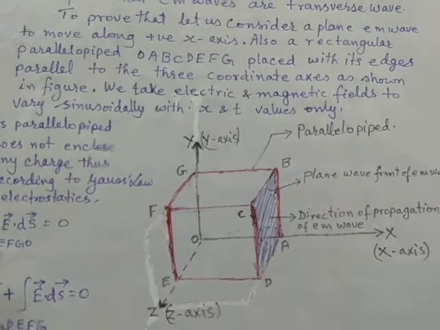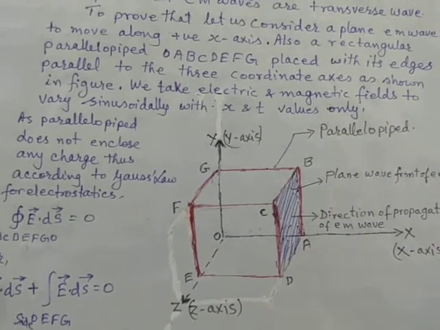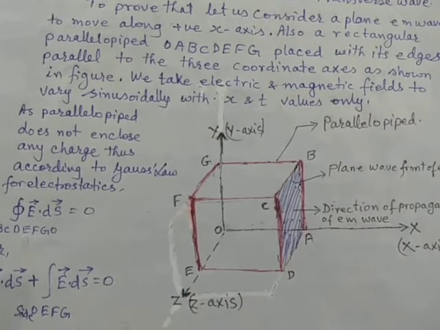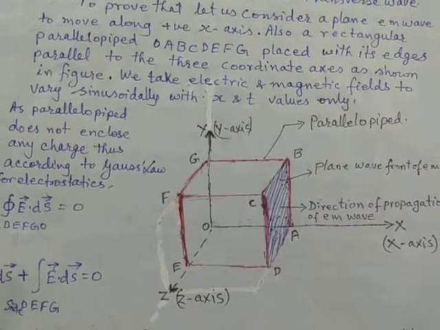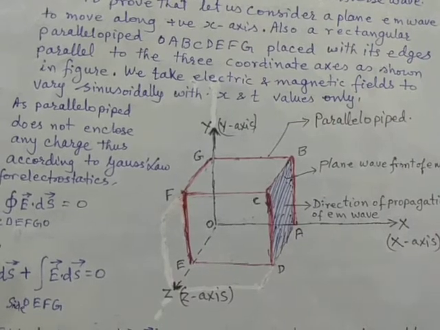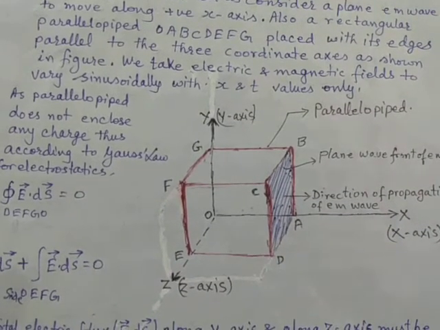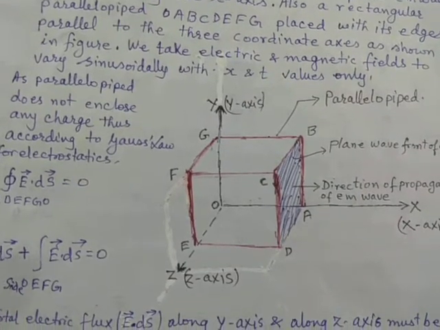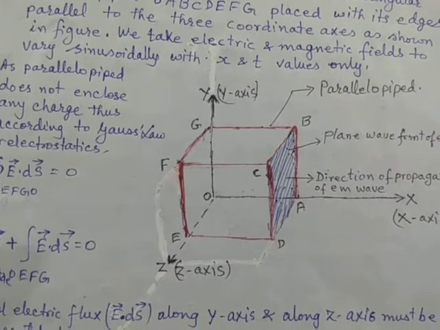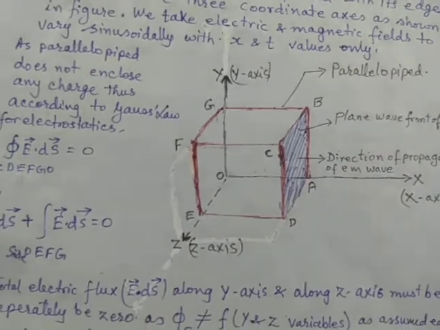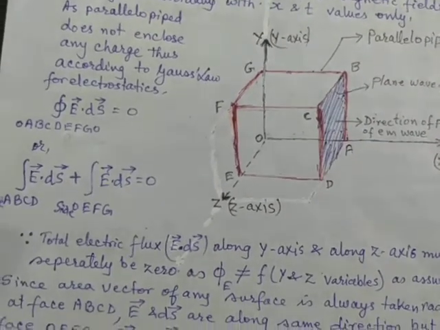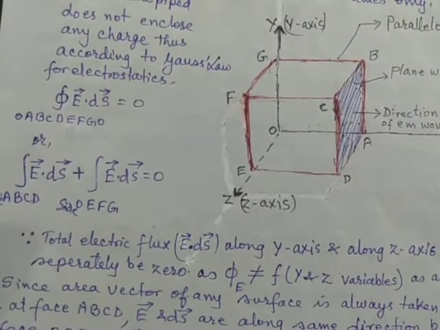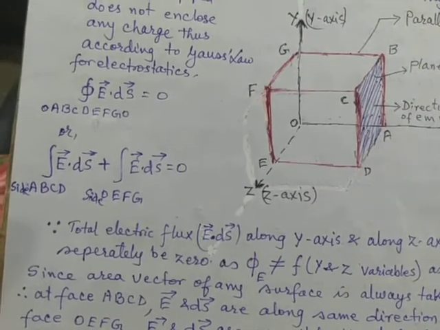OABCDEFG, as shown in the figure, which is placed with its edges parallel to the three axes, coordinates as shown in figure. We take electric and magnetic field to be sinusoidal and vary with x and t values only. Then according to Gauss law for electrostatics, we have integral E dot ds integrated over the whole closed surface of